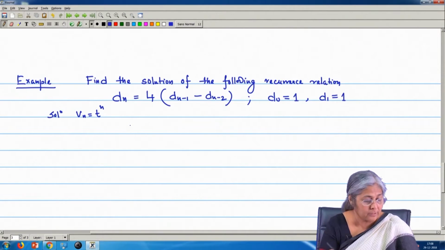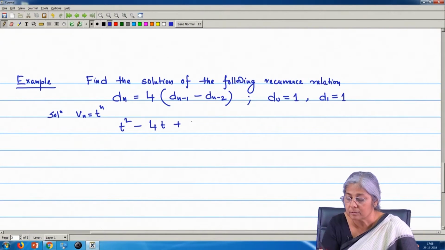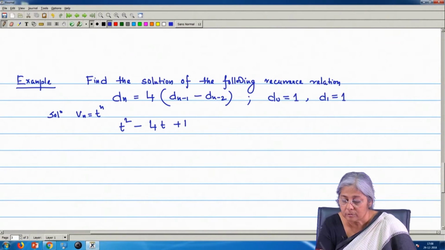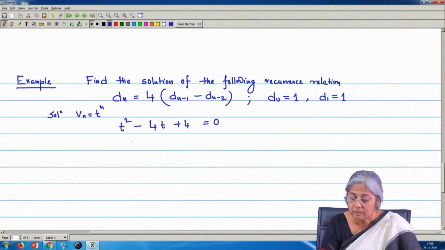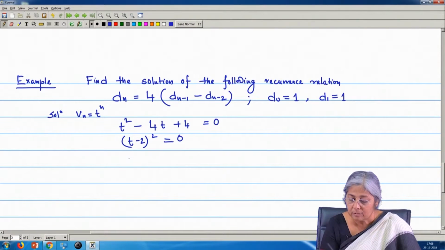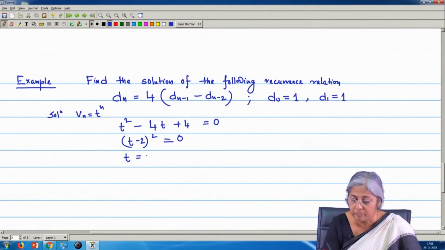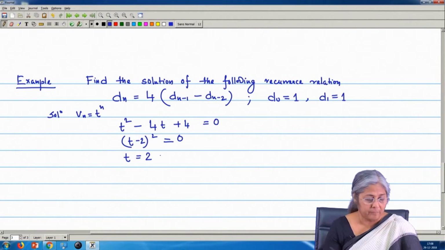So, we get t square minus 4 t plus 4 equal to 0. So, t minus 2 whole square equal to 0. So, I get t equal to 2. So, here both the roots are equal. So, my solution is of the form